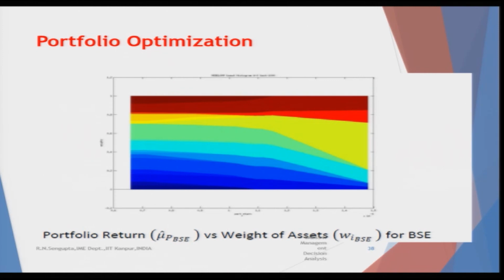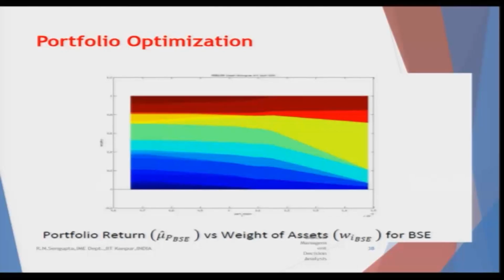Now, as I am traversing the graph, I am changing the values of RP star, which is the investor defined, and the sigma square P star. As I change the values, I slowly build up the frontier as I plotted, and for each and every point the weights are changing. If I plot the weights for each and every point, you will have them for all the stocks. These coloring schemes would be for all the stocks. You see the yellow one for the BSE, and the prices obviously change, which means the percent investment for each and every stock will change.